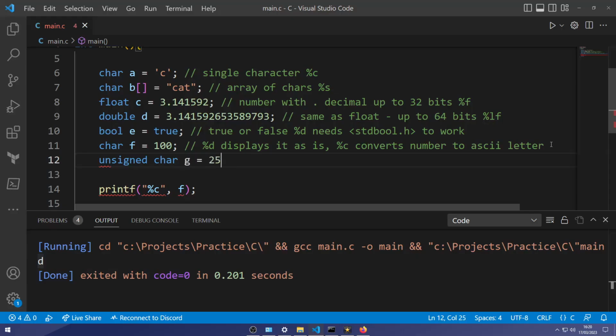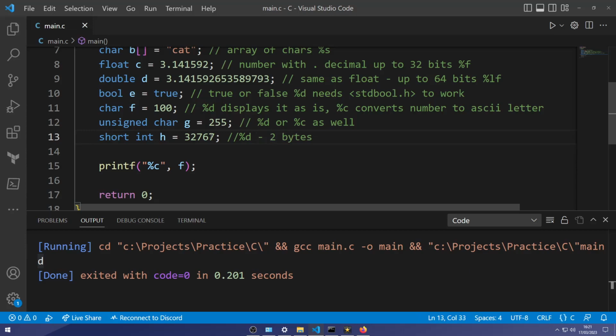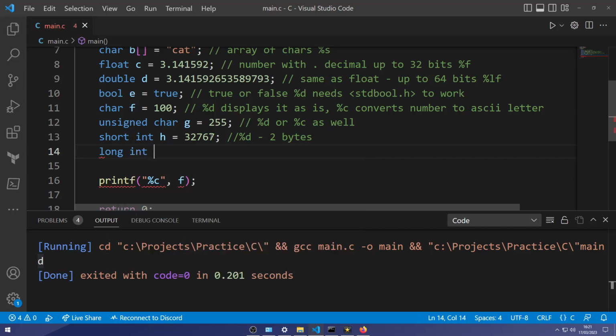The next one is unsigned character. An unsigned character does the same thing as the one above it, but the only difference is we're going to be using a number that may or may not have any kind of ASCII code associated to it. Next one is short integer. So with this one, we can have a short number that goes up to 2 bytes. And again, we can type out a bigger number than that, but if we do it, it's only going to display the first few numbers correctly. The rest of the numbers might be wrong.